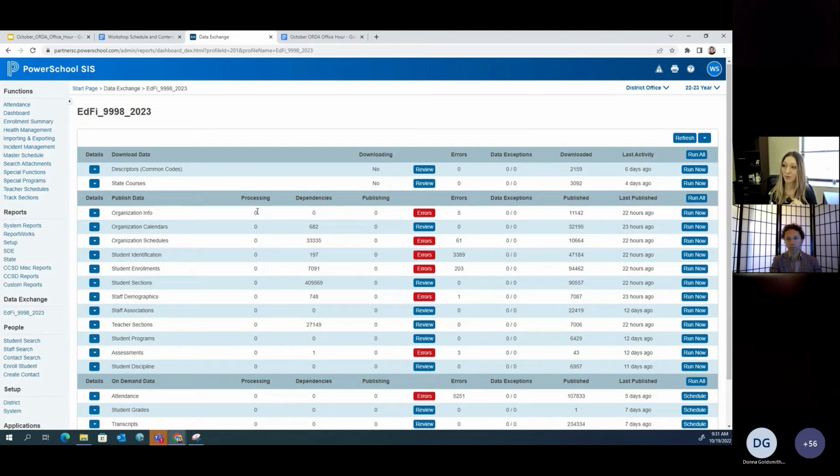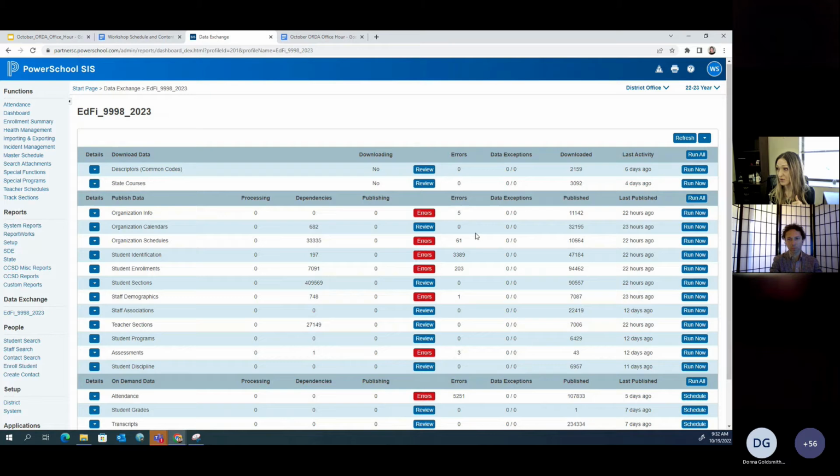And then you could look at this processing category. For a while we said to look at this and make sure it's gone back to 0. Probably even better is to look at publishing, and when publishing has gone back to 0, then hit the next one. Basically, you want to give one category long enough to make it most of the way through, so that it's done as much as it can before you try to publish the next one. That way you avoid getting things hung up in dependency that really don't need to be, and that for some reason get stuck there. So one at a time is best.